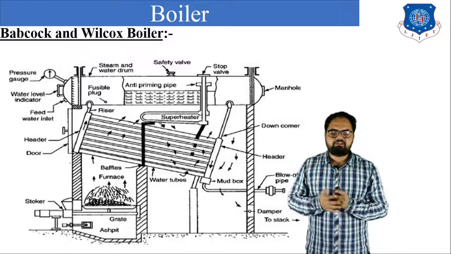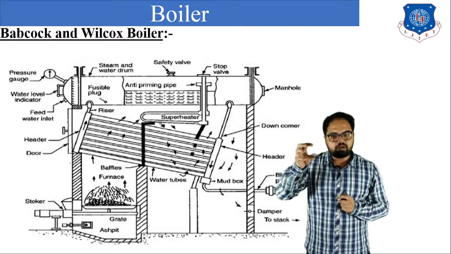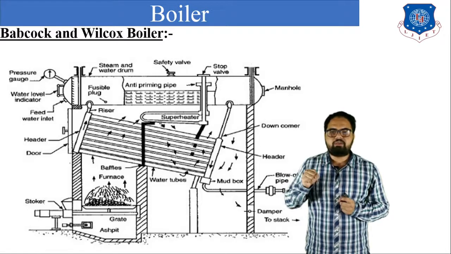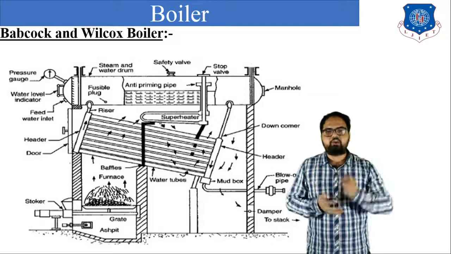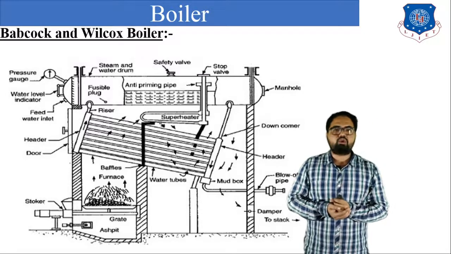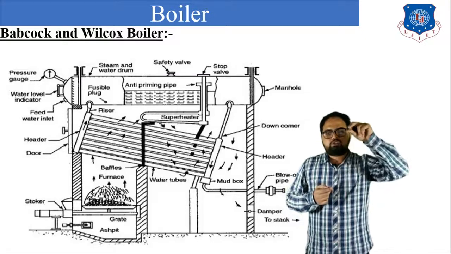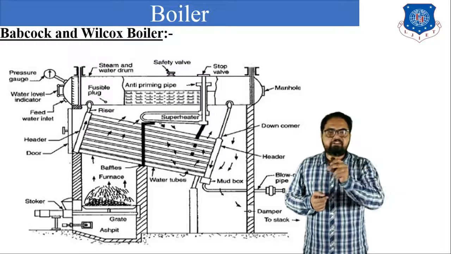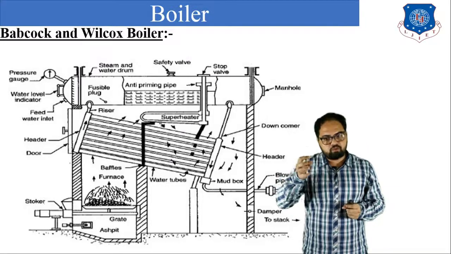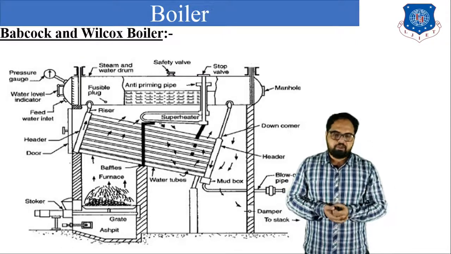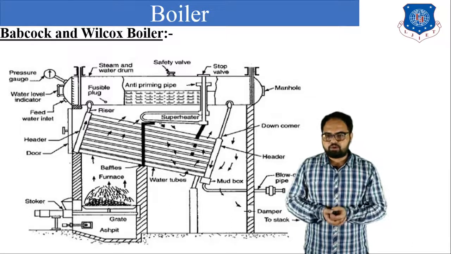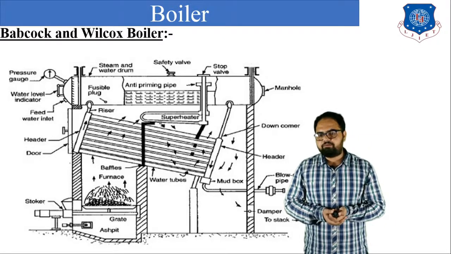In the second circuit, which is the water circuit, when the water receives heat from the hot flue gases, it is converted into steam, and that steam, due to low density, is collected at the top of the drum, but that steam is not superheated steam. So that dry steam again enters the superheater tubes, receives more heat from the flue gases, and is converted into superheated steam. In this way, with the help of the Babcock and Wilcox boiler, we can convert dry saturated steam into superheated steam. So this is all about the Babcock and Wilcox boiler.